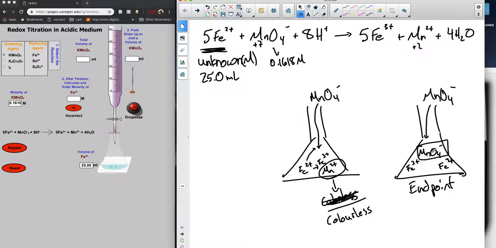So I know the volume of the MnO4, the permanganate, that I've added. And if I know the volume of permanganate, that means I can know the moles, and if I know the moles of this, using molar ratios I can figure out what the moles of iron was. So ultimately, we're using some solution stoichiometry and a bit of redox know-how to figure out an unknown of a